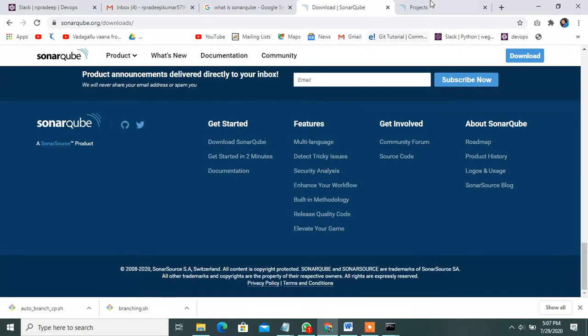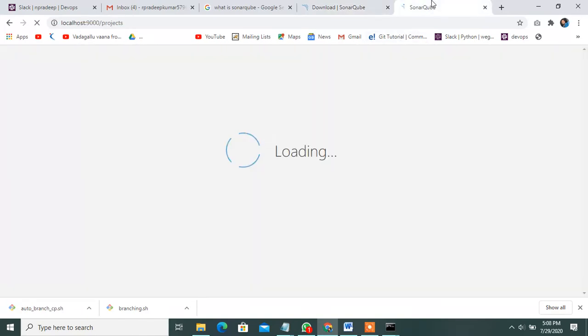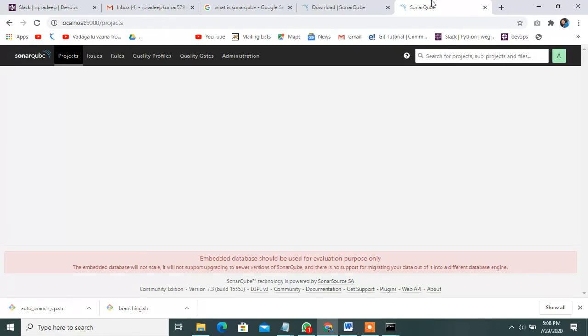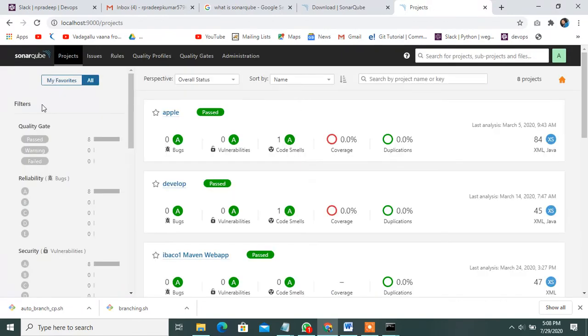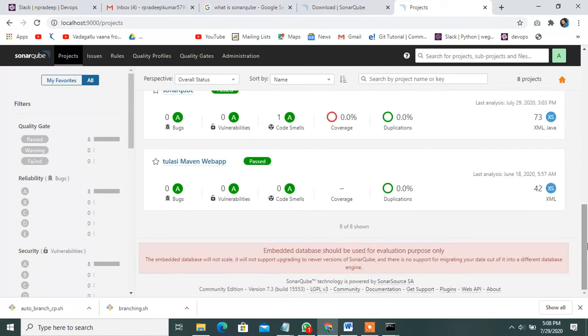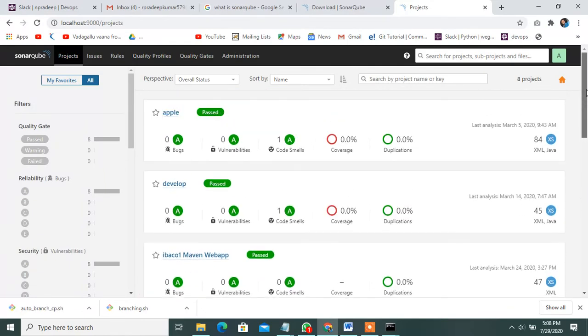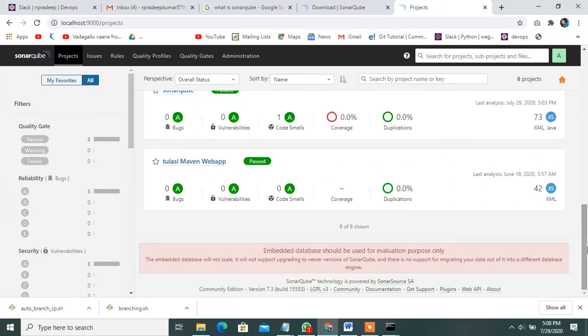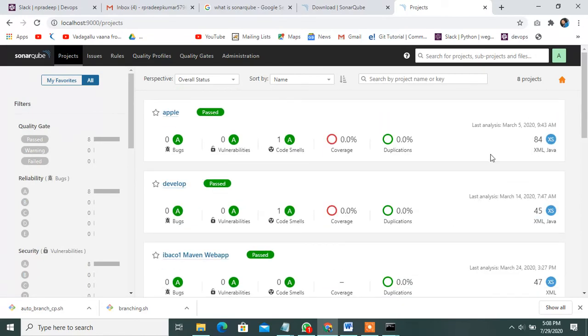I will connect my Jio server also and check it. Yes, it's running. Let's refresh it. See, there is no project called code checking, nothing else.